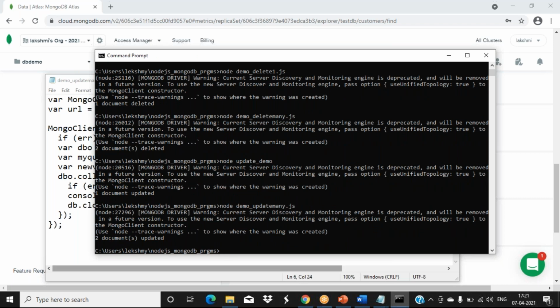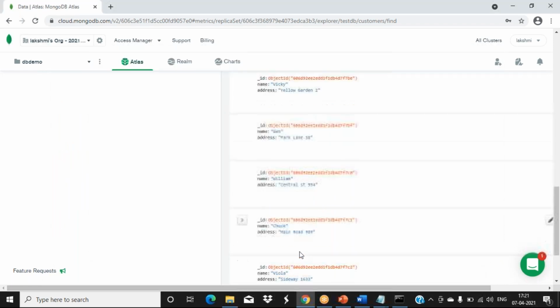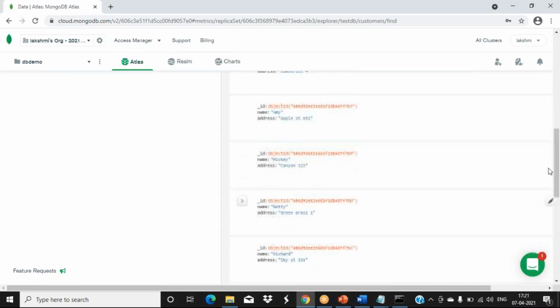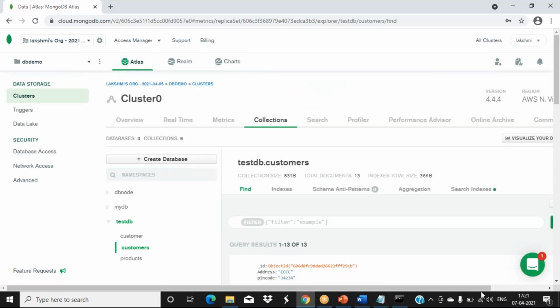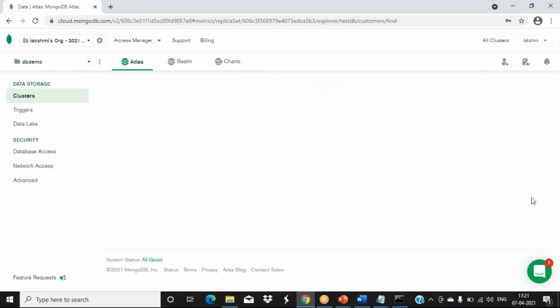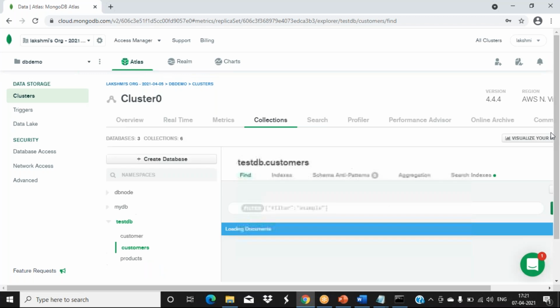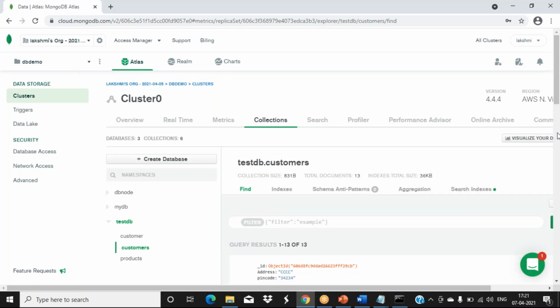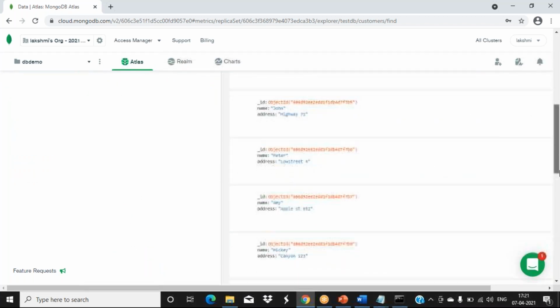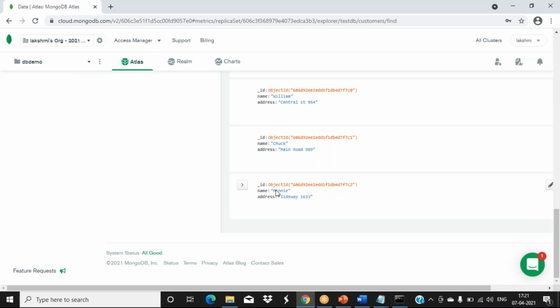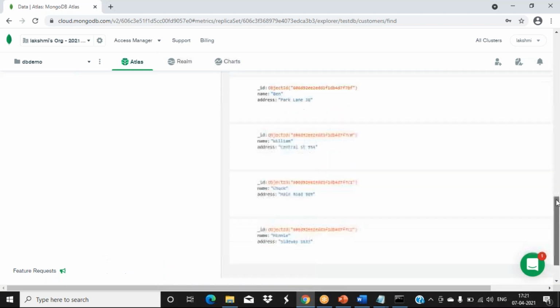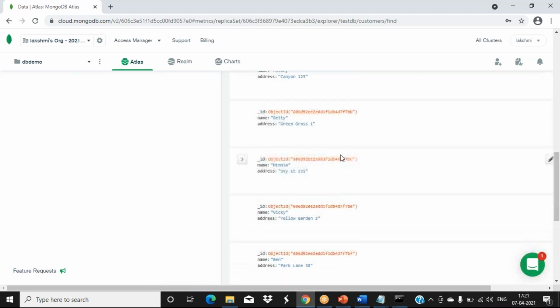It is showing 2 documents updated. Here also we have seen 2 documents only. Just refresh it, we can view the changes. Or else in the program, if you want to view it, use the find function. So the last one also got updated. See, here also it got updated.